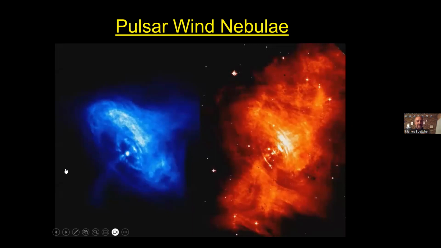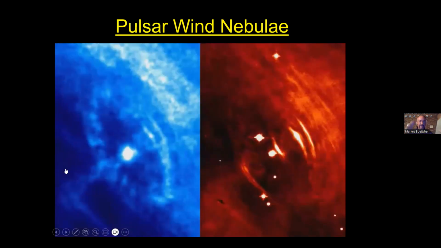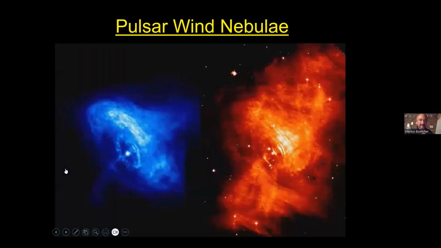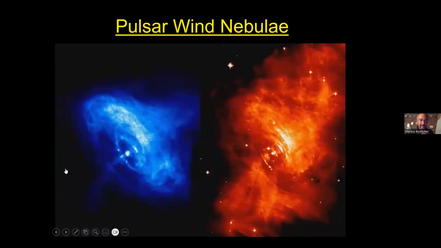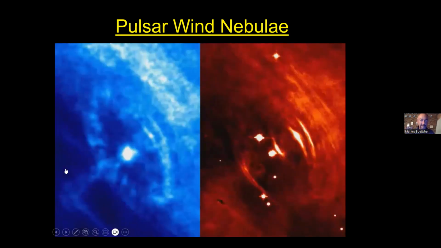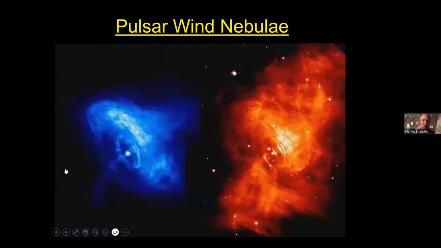In addition to just accelerating particles in this very strong magnetic field, somehow these pulsars also manage to drive particles away. So they drive winds that move with almost the speed of light away from the pulsar and then slam into the surrounding medium. You see this here as an example of the Crab pulsar, the center of the Crab nebula, where you see a repeating sequence. One sequence is about 8 years in real time, so it's of course very much sped up. But you can actually see shocks moving out from these pulsar winds that the pulsar is driving away at almost the speed of light.